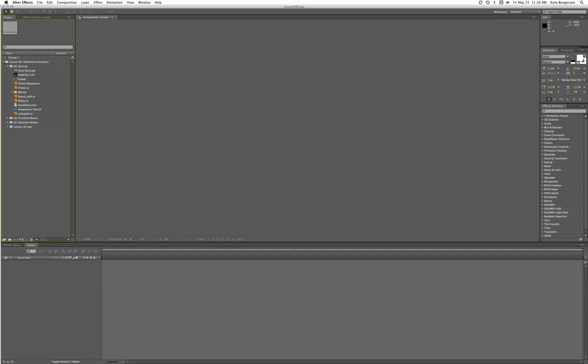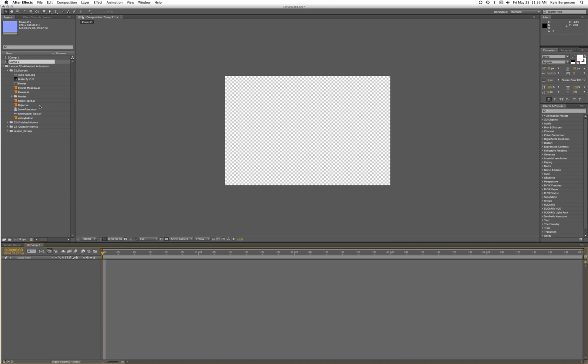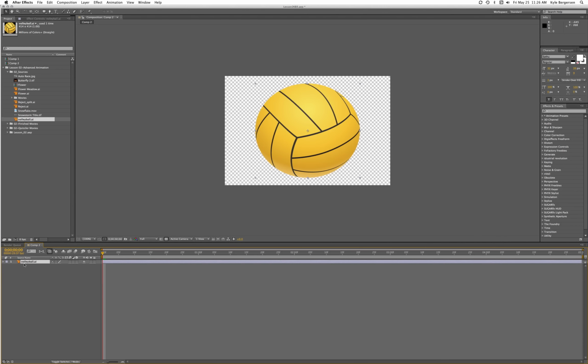We will start by creating a new composition, and we want it to be a DV file, a TSD DV file, so I'll click OK. And what we're going to drag into that is this volleyball. And if you notice, the volleyball does not look round, but it is round, so we'll need to make